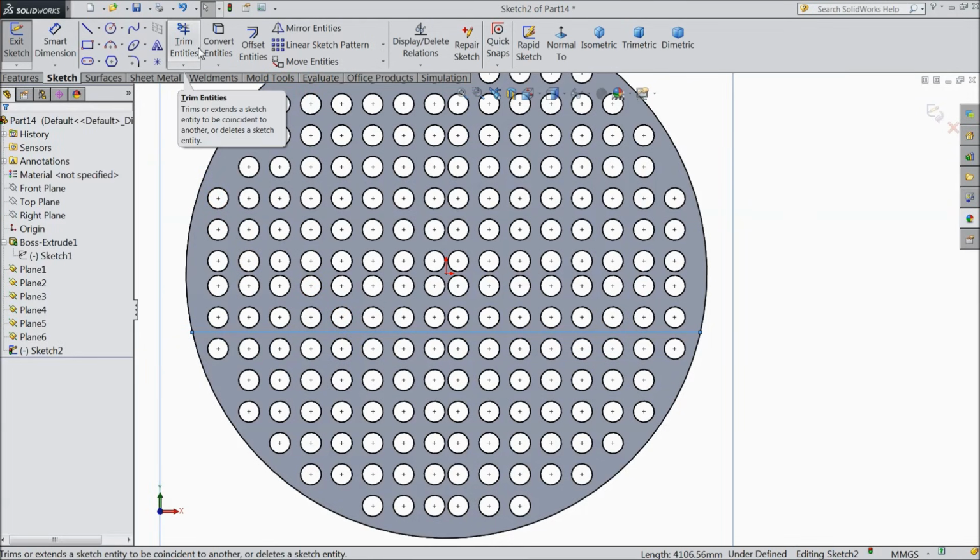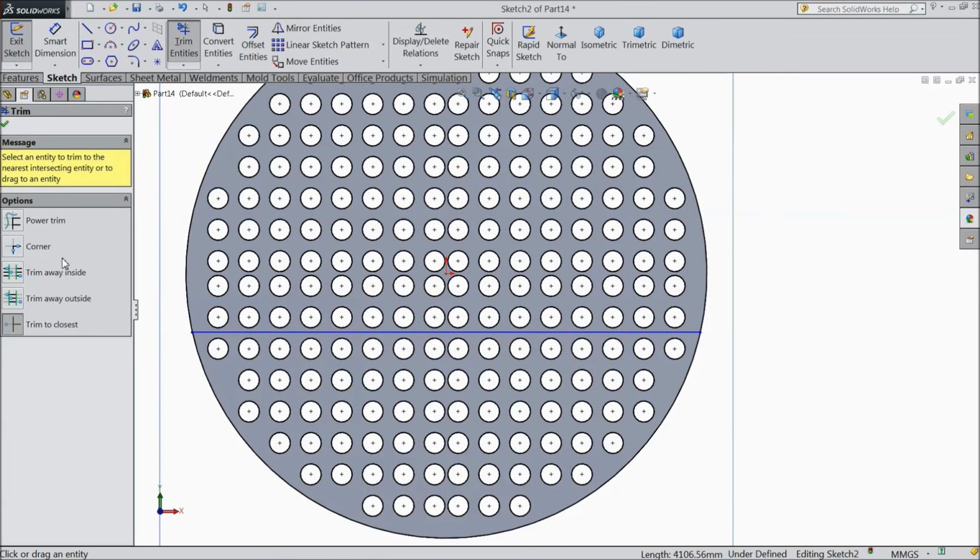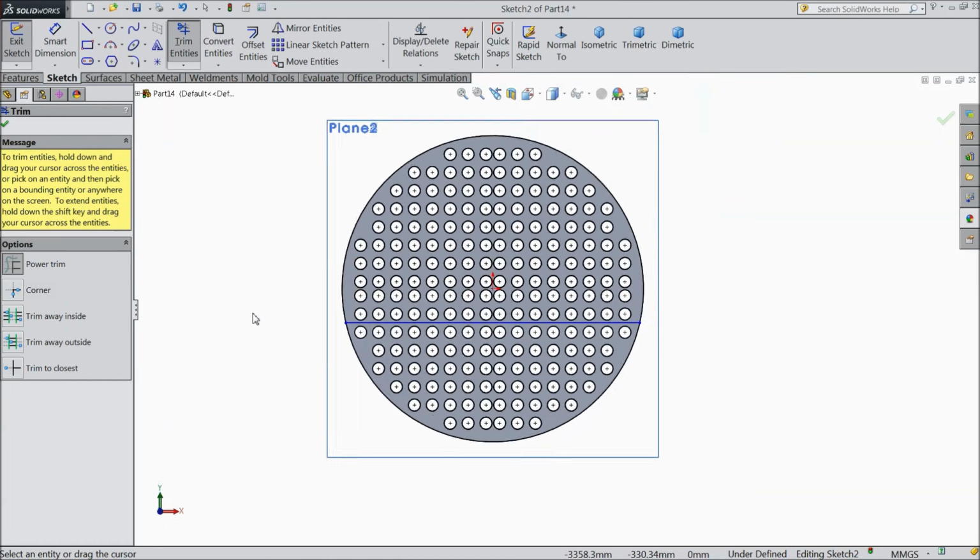OK. Now choose trim entities. Delete all these circles. Or choose power trim.